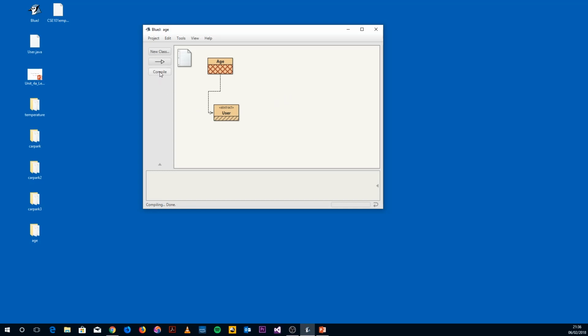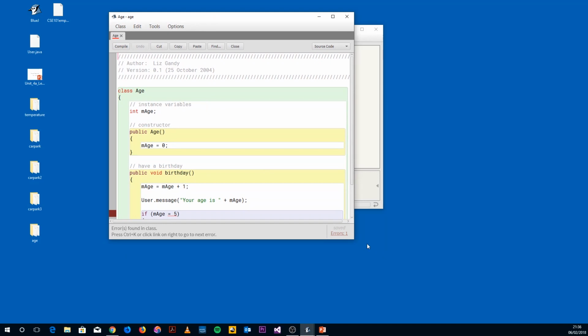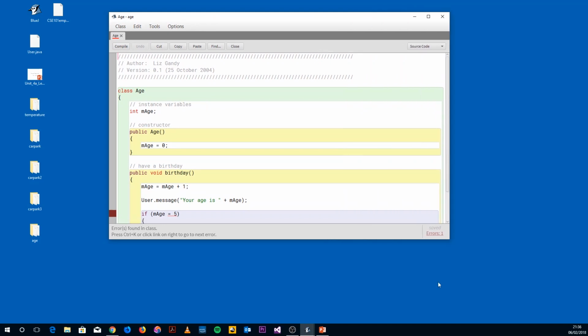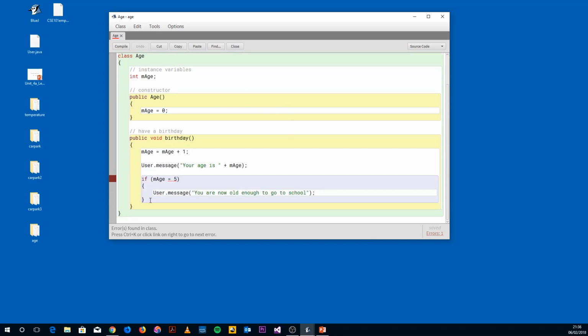So we're going to attempt to compile it, and straight away if we look at the code, we've got an error that's been detected. The error has been flagged on this line, and it's saying that it's found an error in the class. It's not exactly telling us what the error is, but if you look at it in context, it's saying if the value of age